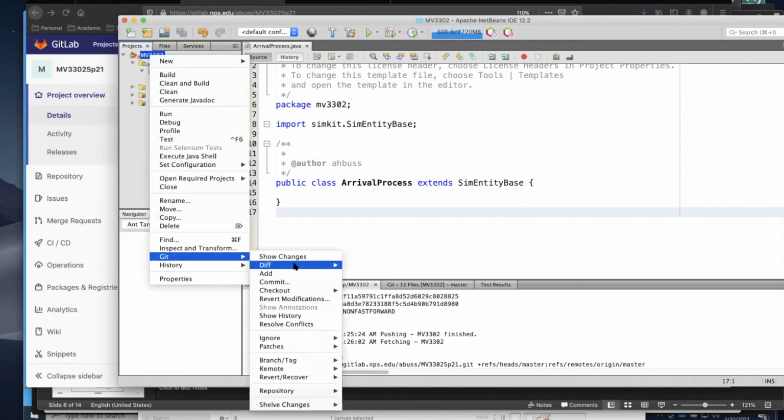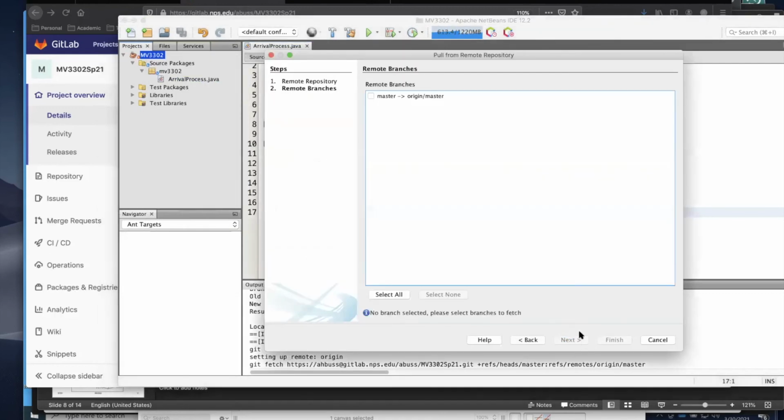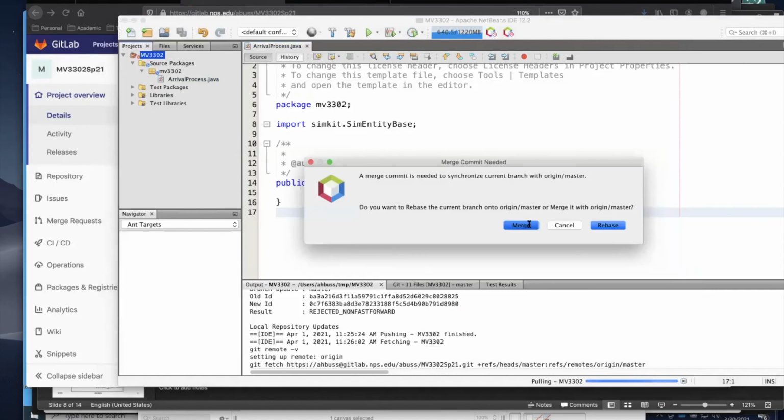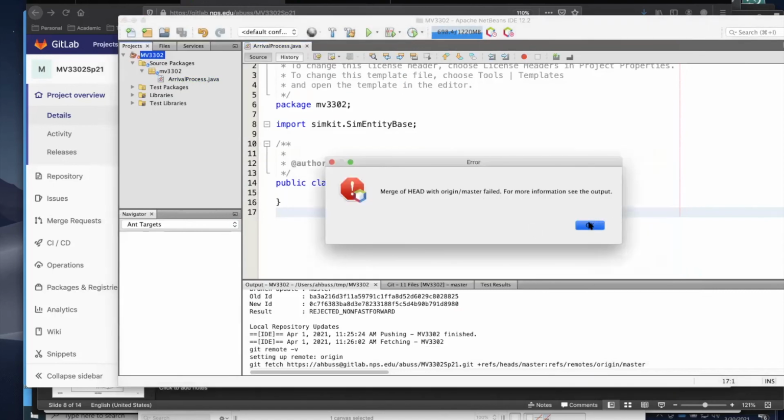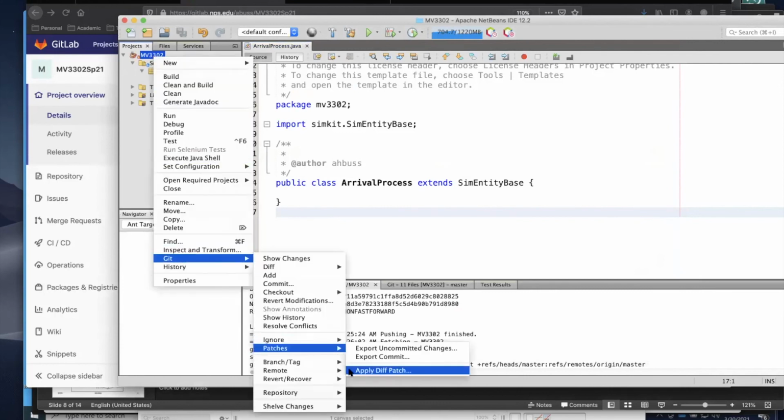If I try to pull again, it will bring up the same thing. And now what I can do, okay. All right, so the alternative is